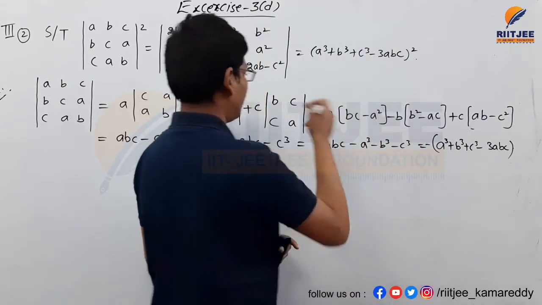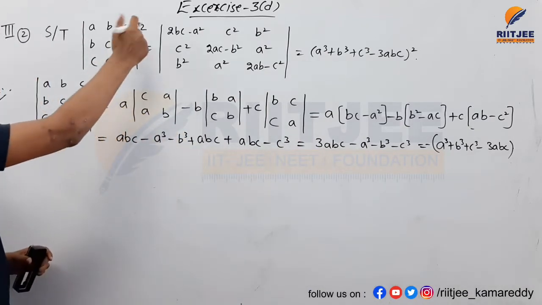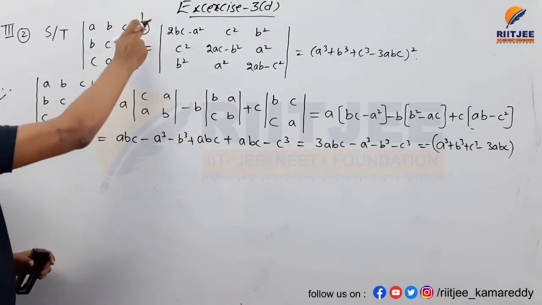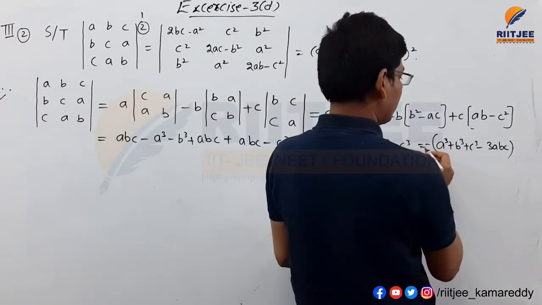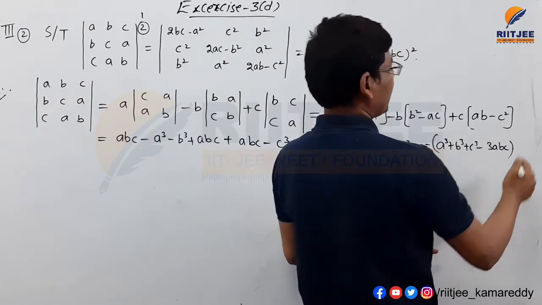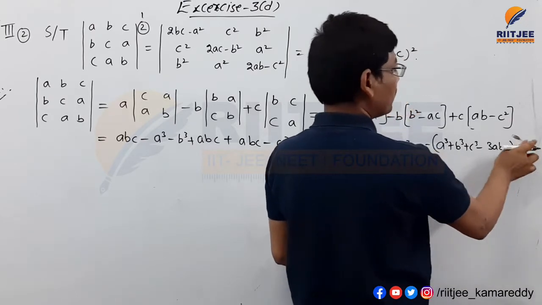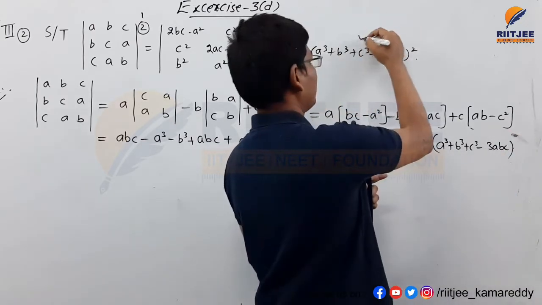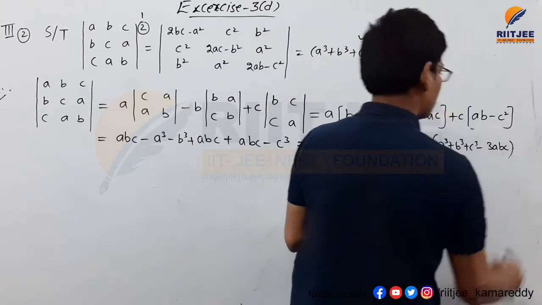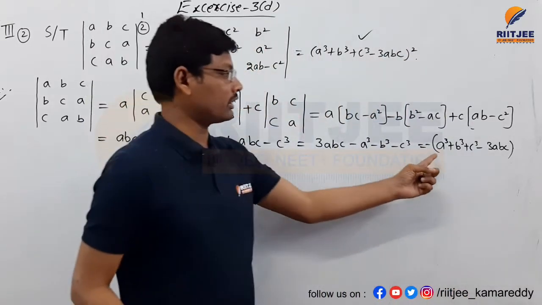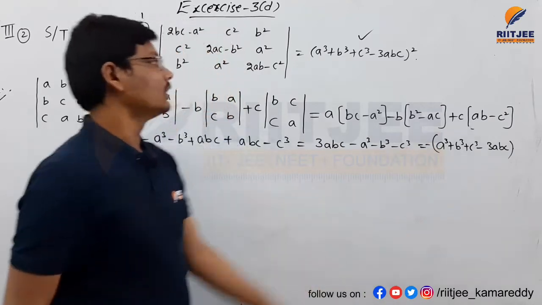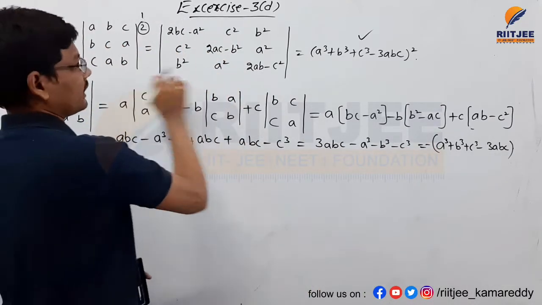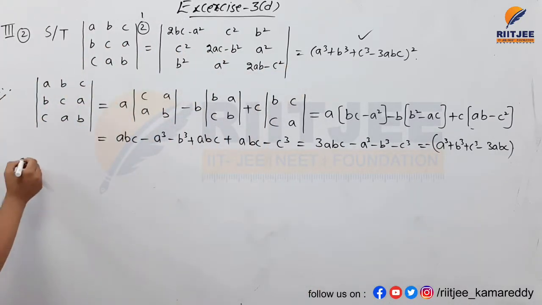If you take minus as common, and then square this value, this is the determinant value to the power of 1, and if you square it, the negative value will become positive and it will become a square here. So this is proved. If minus 1 is common, after squaring this minus will be eliminated. So it is proved for this condition.